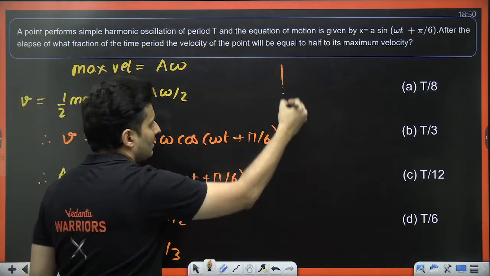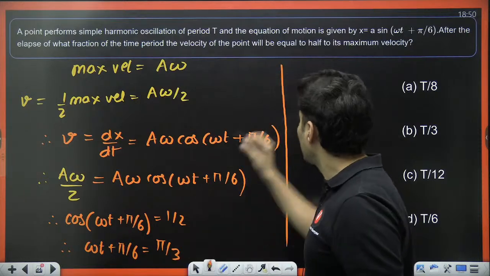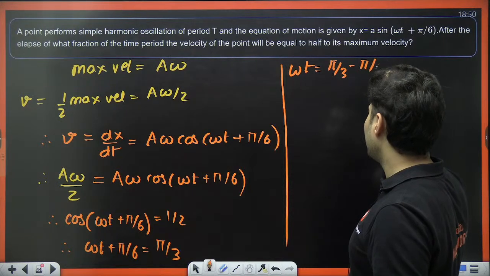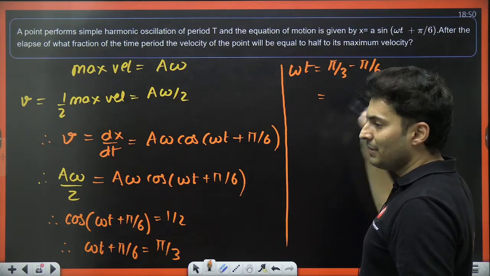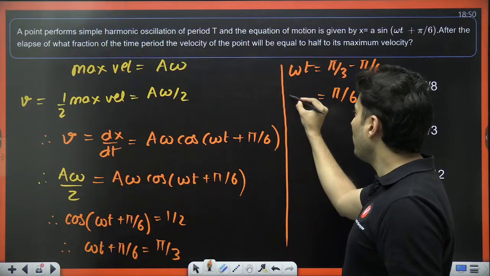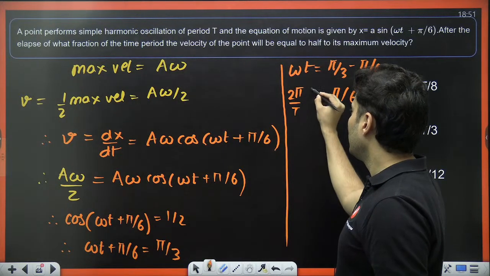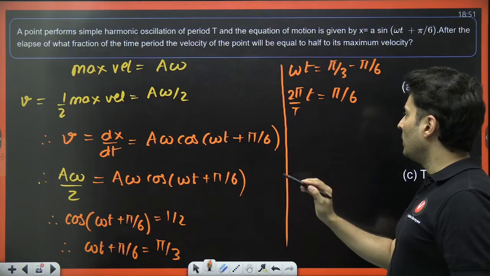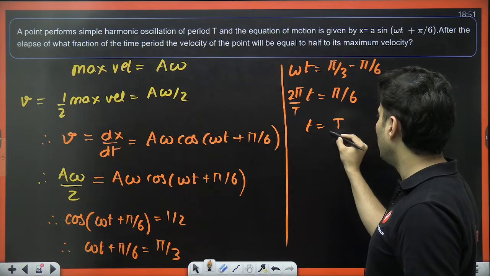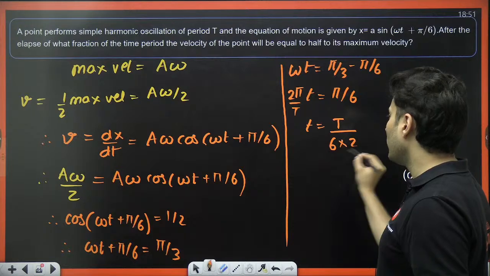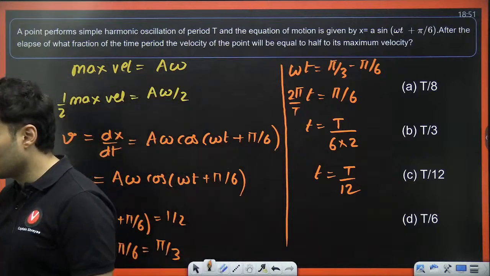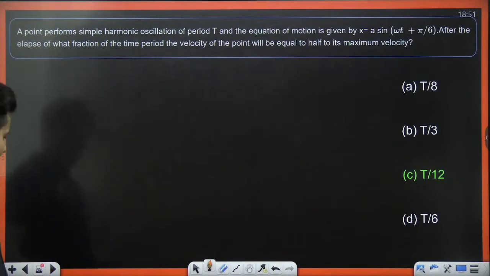Now just rearrange this. So what is omega t equal to? Pi by 3 minus pi by 6. 60 minus 30. It is again 30. So the answer over here will be just pi by 6. Omega is itself 2 pi by the time period, that is T over here. Pi goes off. So the value of small t will be, T goes on the top, 6 is below, this 2 comes over here, so that will make it T by 12. T by 12. How many of you got the answer as T by 12, which is C for Captain Shreyas?